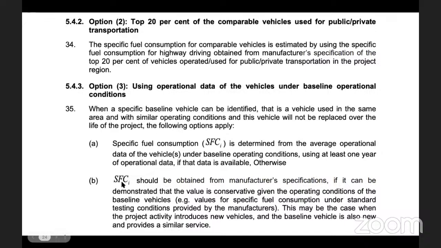Otherwise, B. SFCs should be obtained from manufacturer's specification if it can be demonstrated that the value is conservative given the operating conditions of the baseline vehicle. Example, values for specific fuel consumption under standard testing conditions provided by manufacturers. This may be the case when the project activities introduce new vehicles and the baseline vehicle is also new and